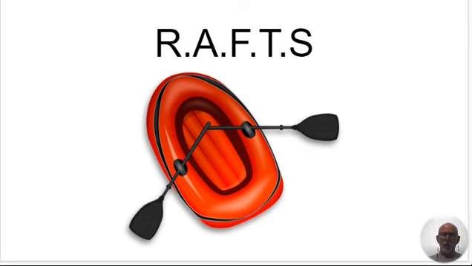Today we're going to look at rafts. Now, as many of you know, a raft is also a boat that can help you travel down very dangerous and rough waters. Sometimes we see writing as something that's difficult and with lots of obstacles in the way, almost like rocks. But today we're going to show you how a raft can also make things a lot easier.